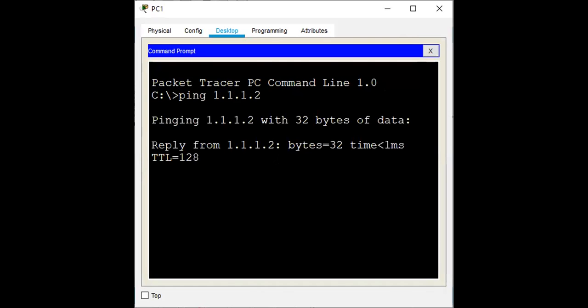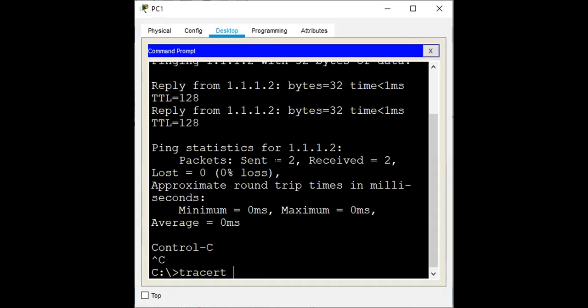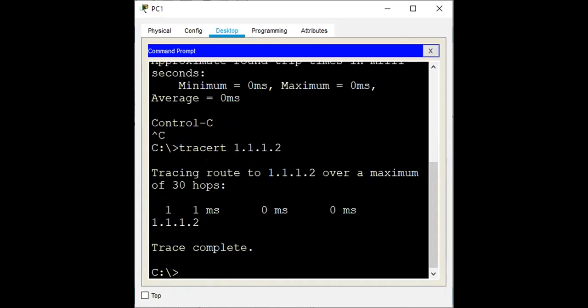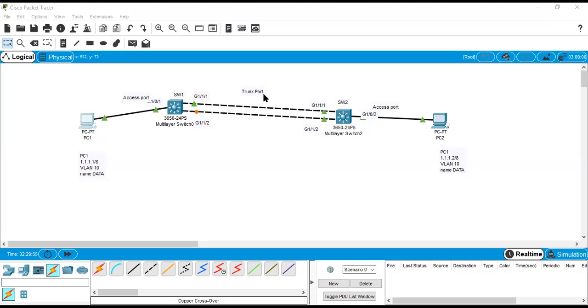Ping 1.2, trace it. So there is reachability, but it is utilizing only one physical port because the other port is down. In order for us to get both port speeds, we can configure port channel, EtherChannel, or link aggregation (LAG) between them, and we can add up to 8 physical ports into one EtherChannel group or port channel group.